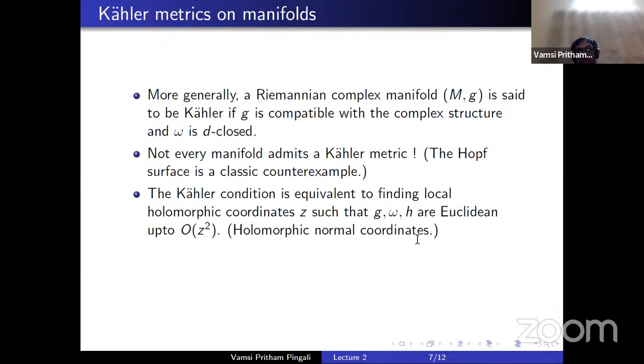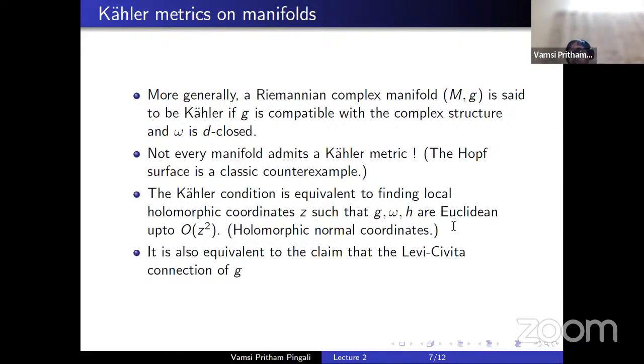Now, to be able to do it, it will turn out that you need the Kähler condition. In fact, you can do it as an exercise. The proof is in Griffiths and Harris, but nonetheless, that is one direction. If you give me the Kähler condition, you can find coordinates that do this job. If you find coordinates that do this job, the Kähler condition is trivially satisfied in these coordinates and hence in all coordinates. The Kähler condition is also equivalent to the claim that the Levi-Civita connection of G